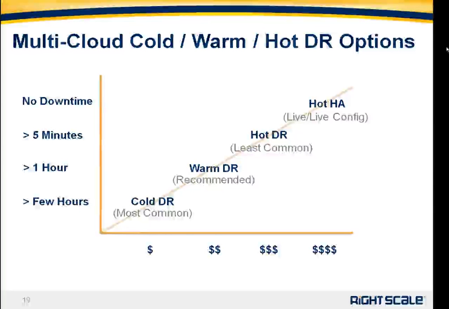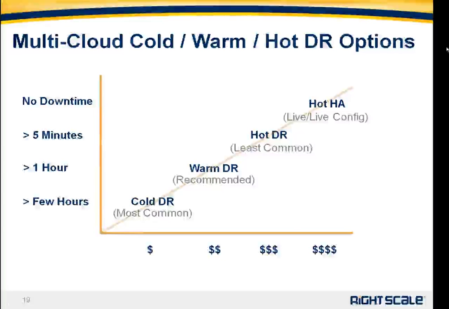Okay, we're now going to touch briefly on DR. We're going to digress real briefly into disaster recovery because it leads nicely into our last topic on high availability. I just want to talk a little bit about what we refer to here as the cold, warm, and hot versions of disaster recovery. The graph here basically depicts the cost versus downtime trade-offs that you go through. Cold DR is the most common one that a lot of our customers use, but it also has the longest road to recovery, if you will. We'll look at these in visual examples in just a minute. The warm DR is the one that we generally recommend when folks come to us because that's the least amount of cost.